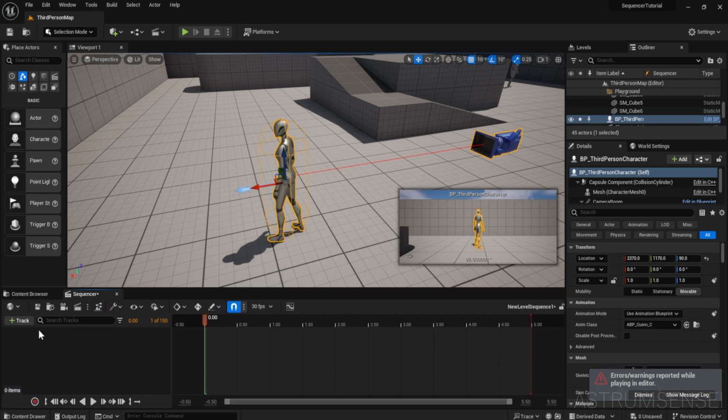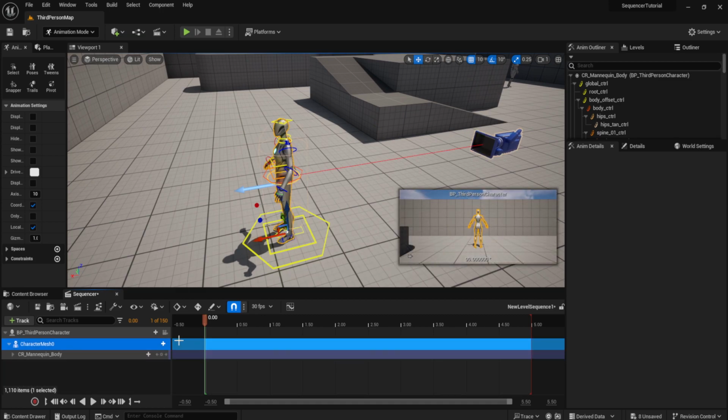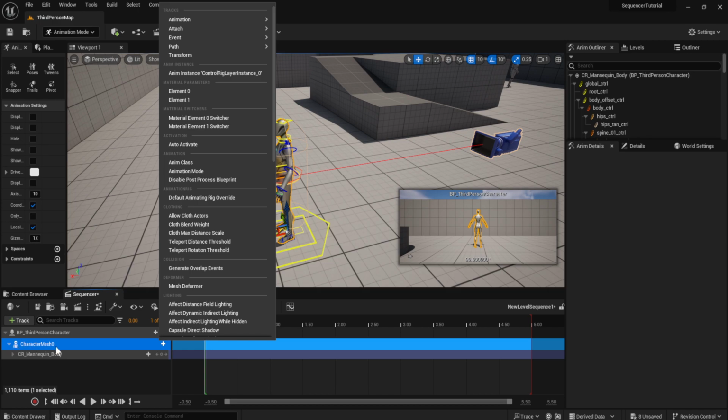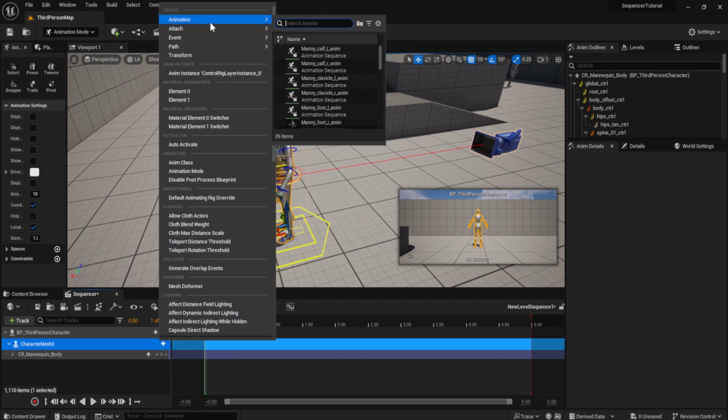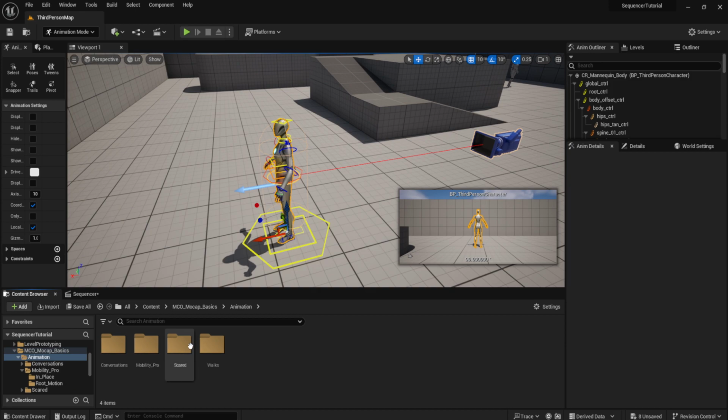So we're going to go to the sequencer, and we're going to add a track, add BP third person character. For this one, you can see that it automatically adds the character mesh as a track, which is really useful. So you can just go over here to the plus button, go to animation, and pick any of the animations that are available for this character. This is actually a different skeleton from the ones we've imported, so we can't really use any of those animations, but we can try to